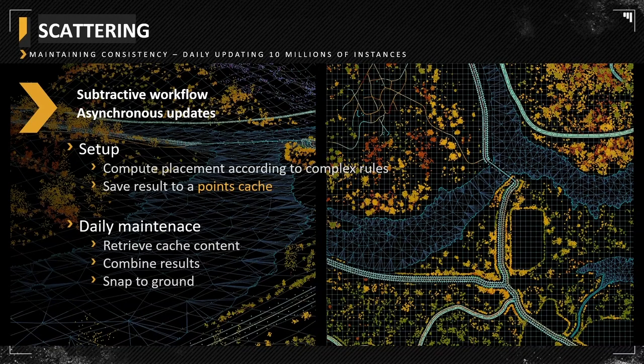Subtractive workflow, asynchronous update. I like this one. We generate everything we can. Basically, it means the vegetation artist, the rock artist, the artist in charge of creating the roads, or the one who is sculpting the terrain, or whatever, can all work at the same time on the same location without talking to each other. So we are gonna spread vegetation everywhere without taking care of the road placement, of the rocks, or whatsoever. Same for every layer.